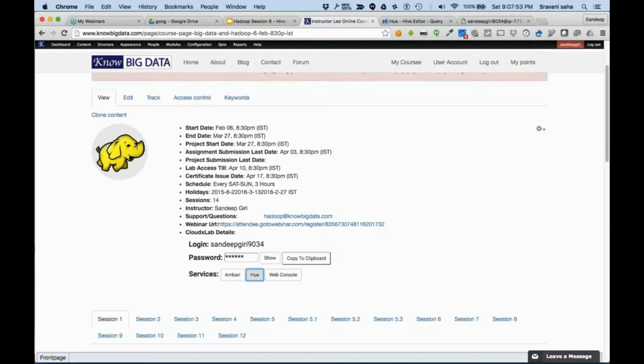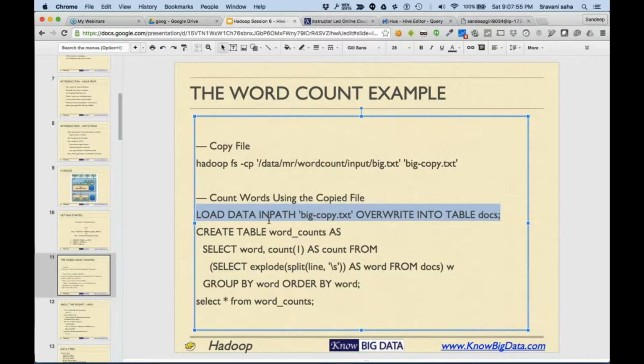Now let's go ahead and try, first, this will break the line by space into words, and then do the group by.